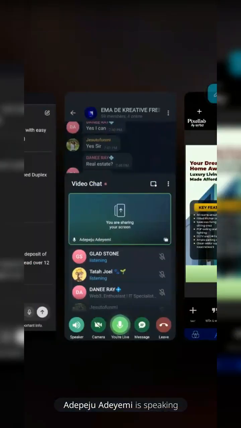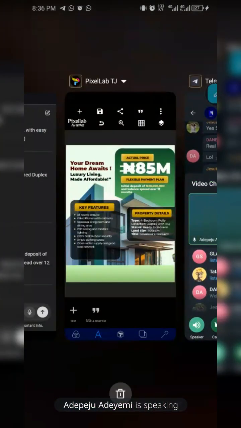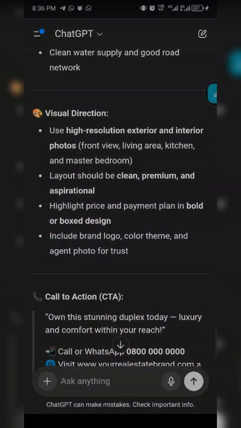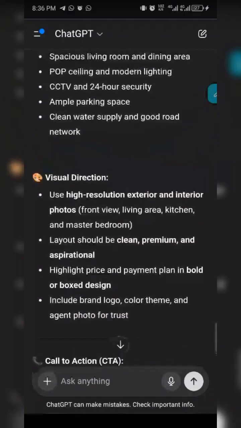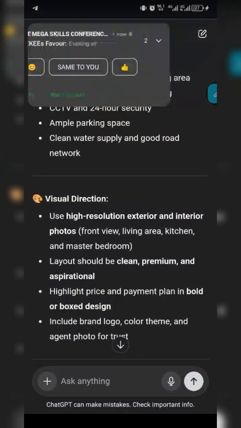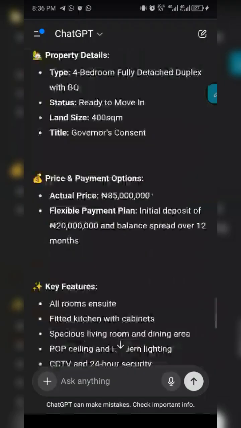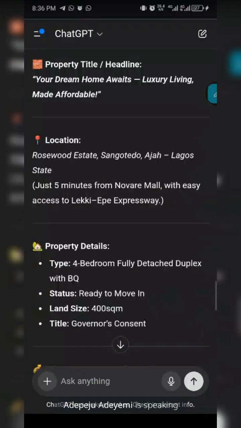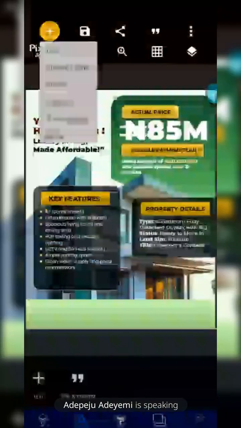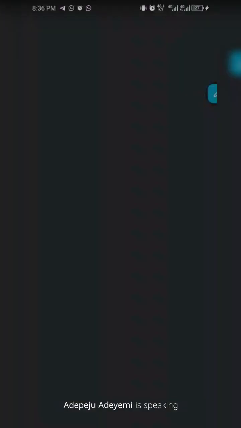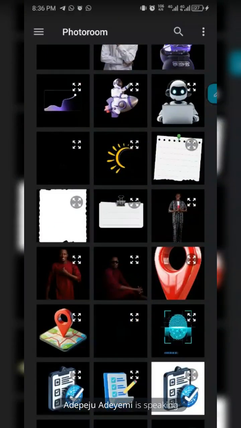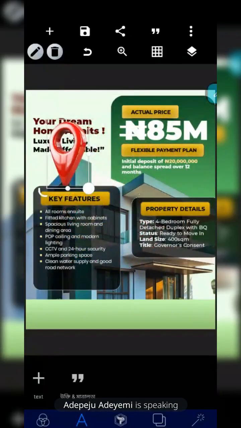So let's check the details ChatGPT gave us for the location. Okay. So I'm going to use my vector location logo here. I just kind of love the